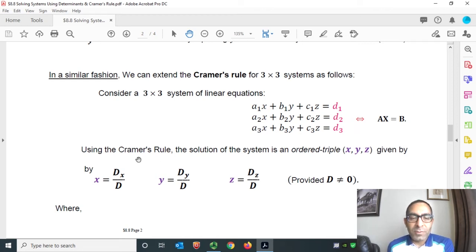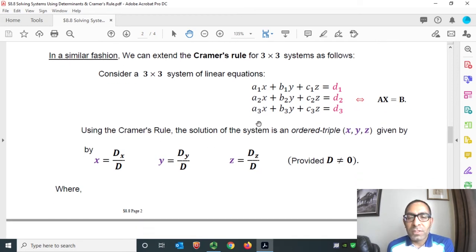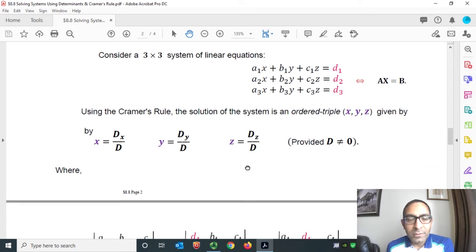Then, using Cramer's rule, the solution of the system is an ordered triple (little x, little y, little z), given by little x equals the ratio of determinant Dx over determinant D, little y equals the ratio of determinant Dy over determinant D, and little z equals the ratio of determinant Dz over determinant D, where